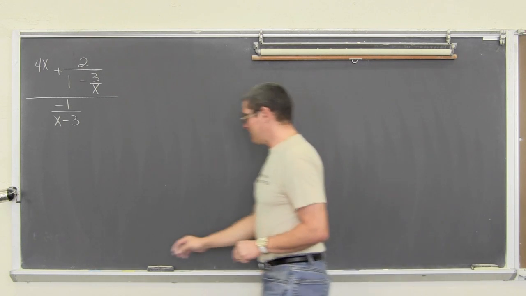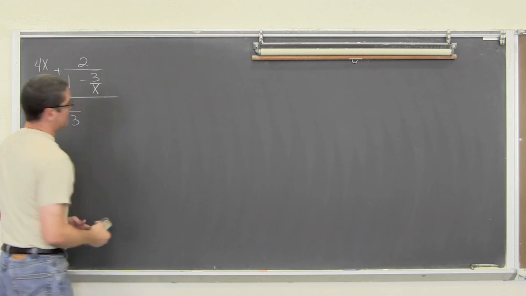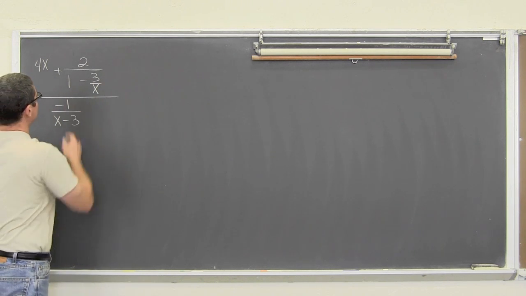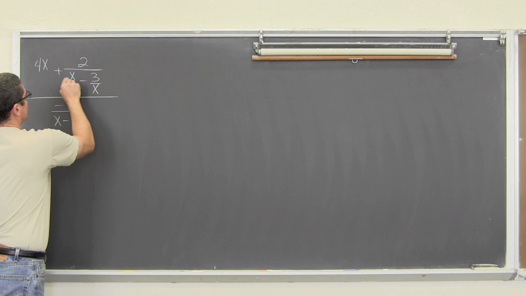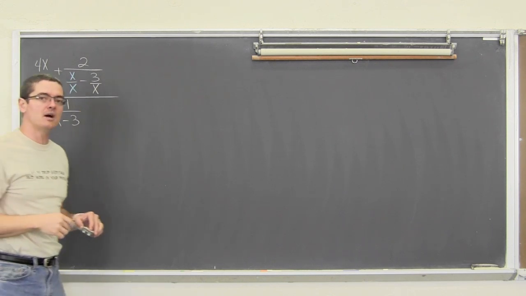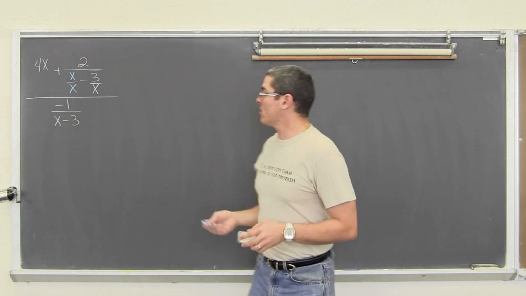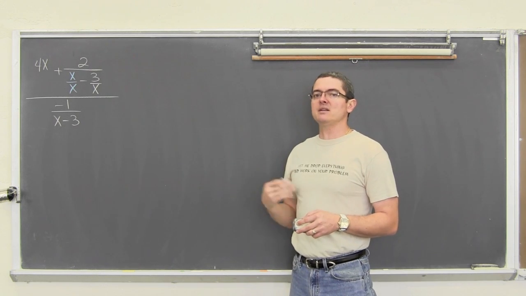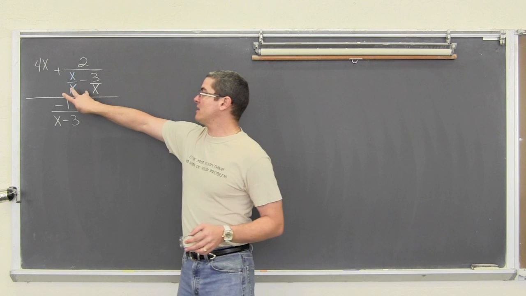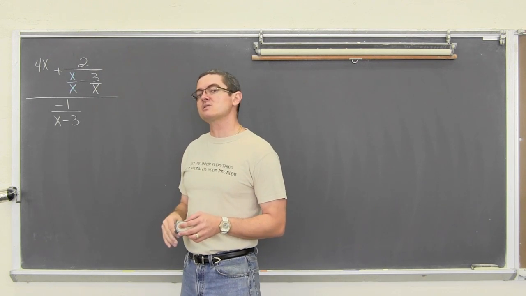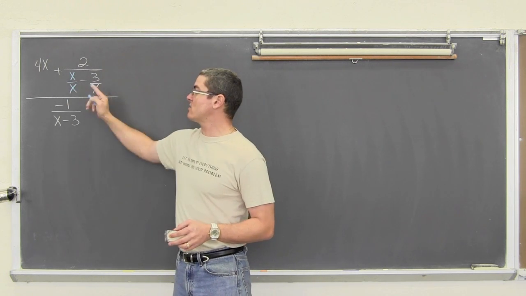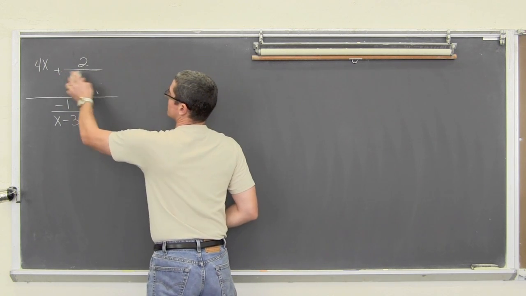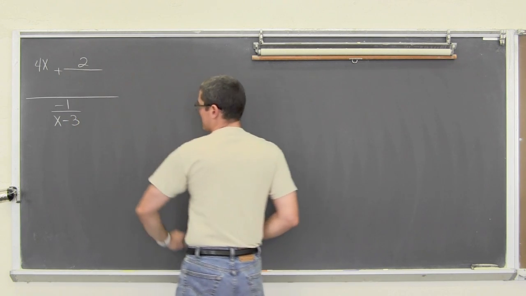So to do that, we need a common denominator with the only fractions we can work with at the moment, which is 1 minus 3 over x. So this 1 is going to become x over x, so we can have that common denominator of x. And then, of course, x minus 3 over x. We now have this common denominator, so we're going to write this as x minus 3 over that single common denominator of x. And I'm just going to erase this and put it here because I want to make sure I have plenty of room to write the rest of the problem out.